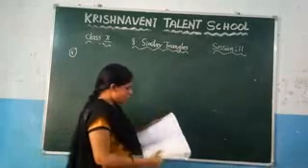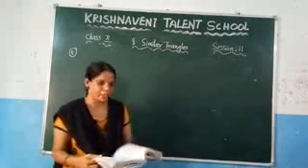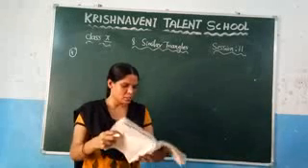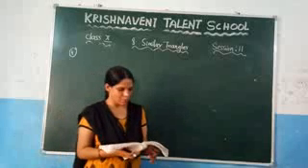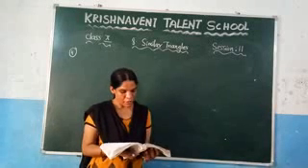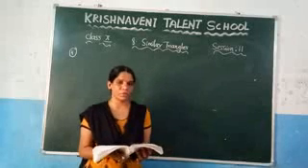Fourth question, what they have given here: a girl of height 90 centimeters is walking away from the base of the lamp post at a speed of 1.2 meters per second. If the lamp post is 3.6 meters above the ground, find the length of her shadow after 4 seconds.